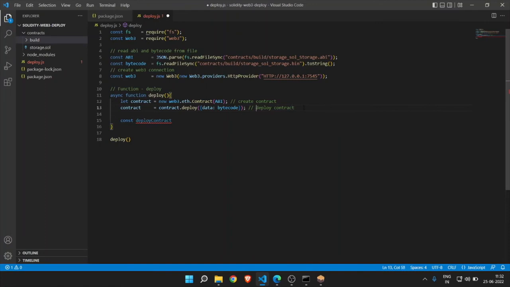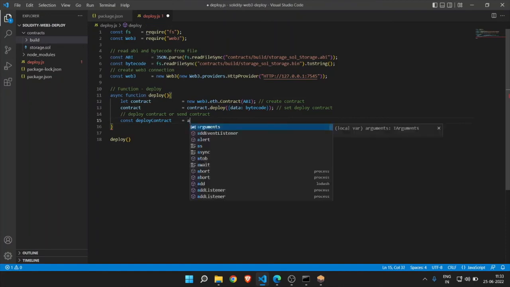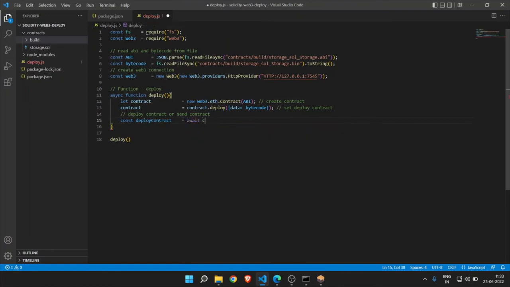This is the actual contract deployment. So deployContract of the send transaction equal to await contract.send,